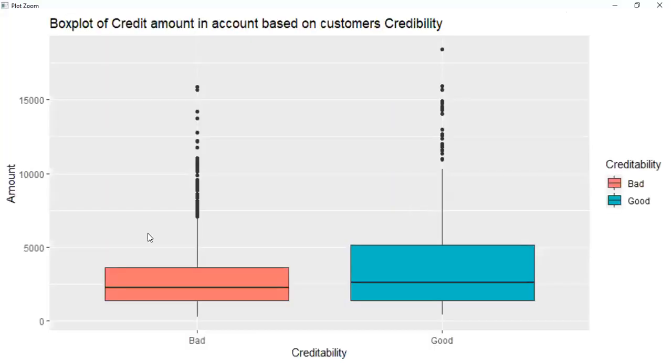Okay. So this is basically a box plot. You can compare the good and bad, whether good contains more outliers or bad contains more outliers. Looking at this data, you can compare the two things, whether the creditability is good or not.